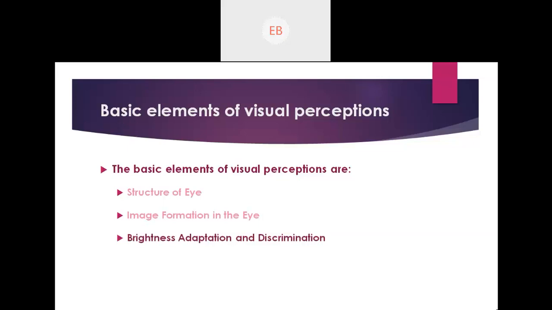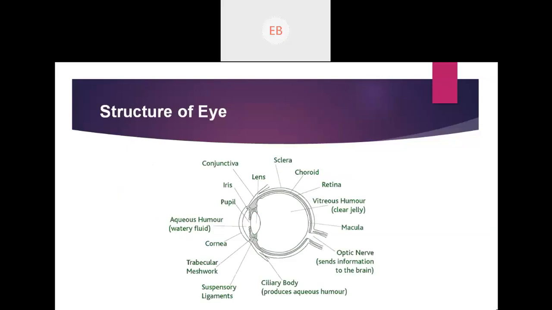Okay, how the eye is able to perceive it. Now you can see the structure of an eye. You have already covered these things in your biology classes in school, but we still have to know this because we are dealing with image processing. The starting basic element of visual perception is the eye, so we have to know the structure of an eye.